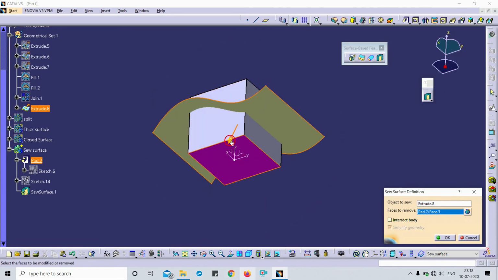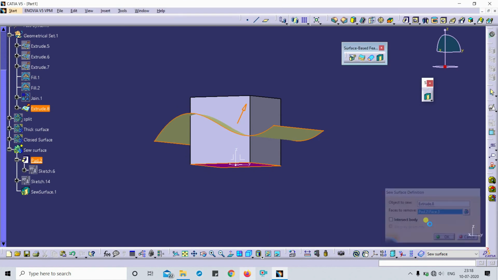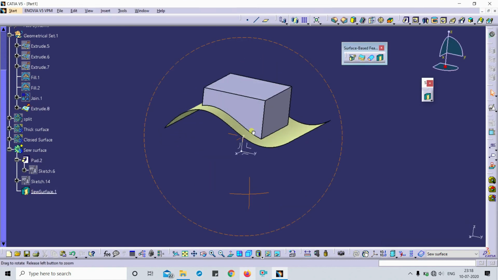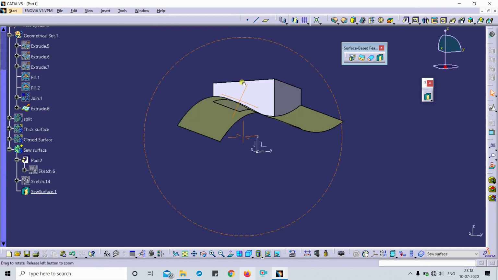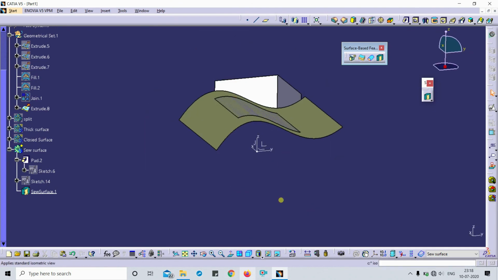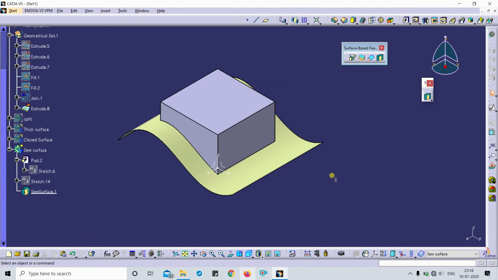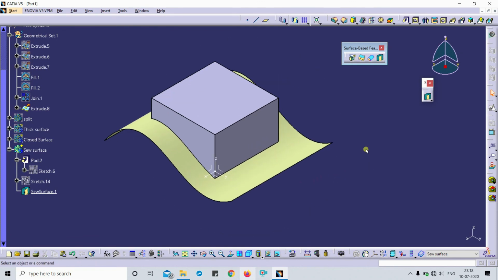Basically, as the name of the surface based feature toolbar suggests, surfaces are included in these commands. It depends on the surfacing commands, but it is used in part modeling, because when we switch, we have to add material and do some operations like boolean operations in part modeling, so it will be beneficial, and we can use these commands also. So that's all about the surface based feature toolbar.